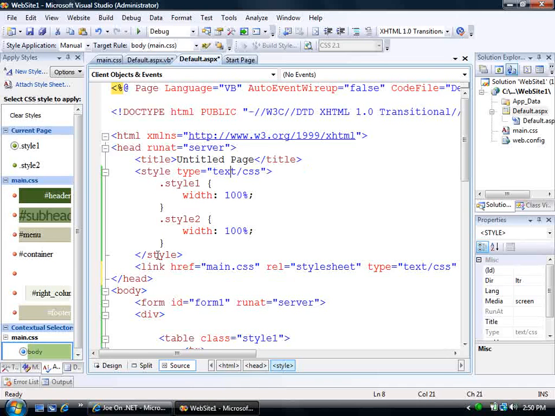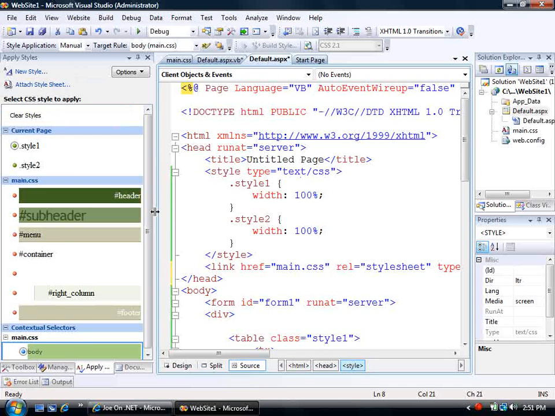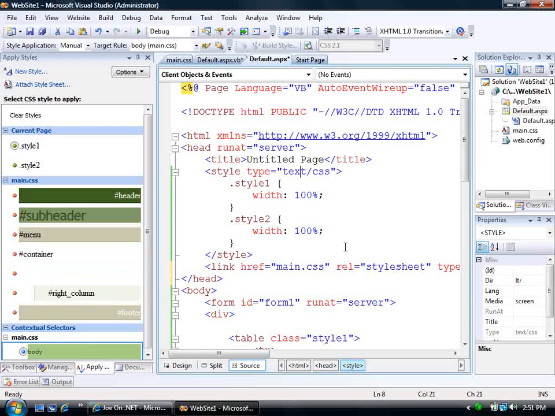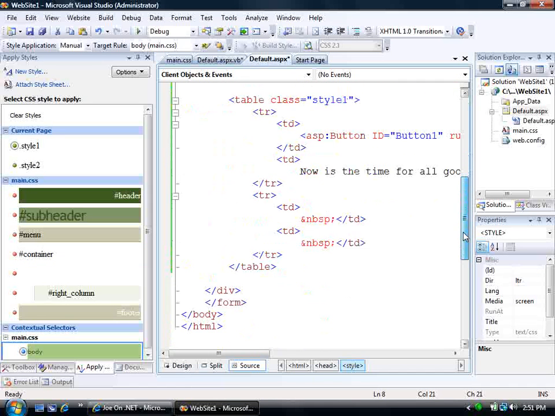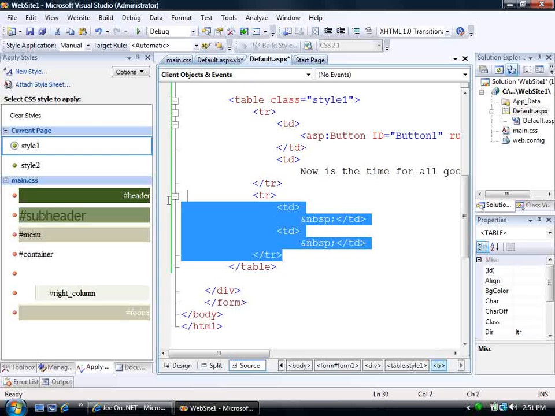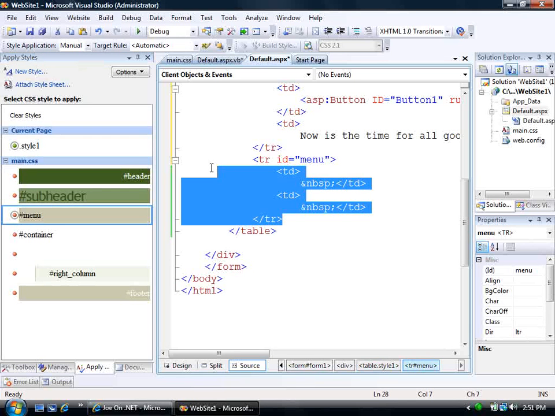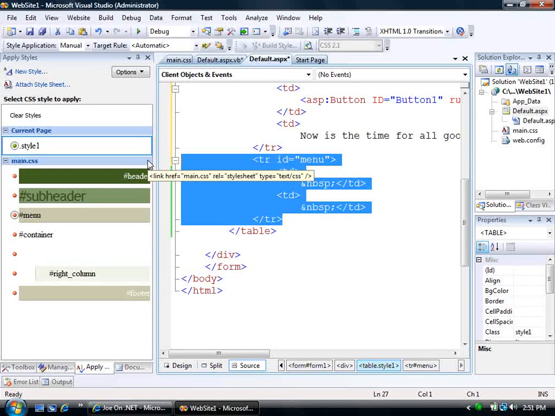Note also here that if we look at the Apply Style Sheet window, maybe I want to size this a little bit better. But notice how this gives me a really real-time view of what the styles look like. So I could be down here and say, hey, let's select this table, and I want to choose that style sheet. Right? And notice I just selected the part of my markup that I wanted to apply that style to,